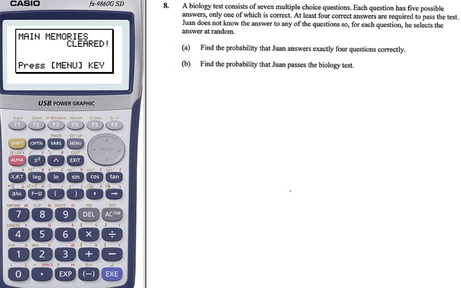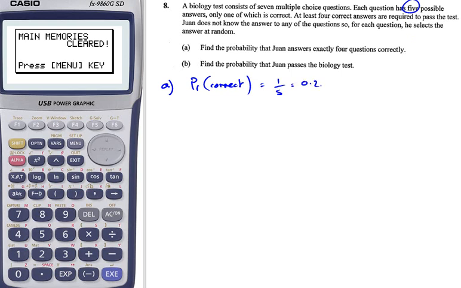Question 8 deals with binomial distribution. We have 7 multiple-choice questions, and each question has 5 possible answers. As the student is going to guess the answers, we have a probability straight away for his chance of getting the question right. In answering A, we know the probability that he gets the answer correct, as it has 5 possible answers and he's guessing, is 1/5,